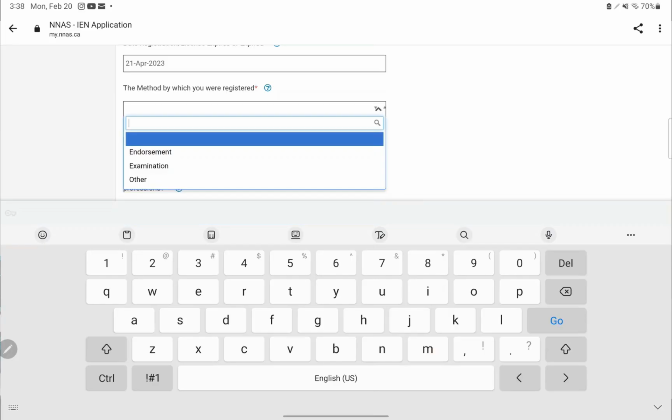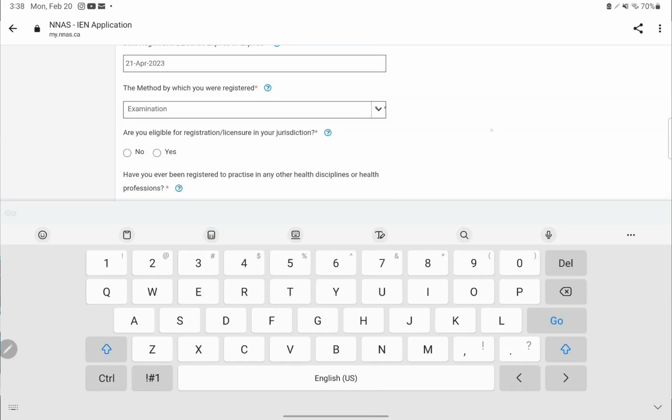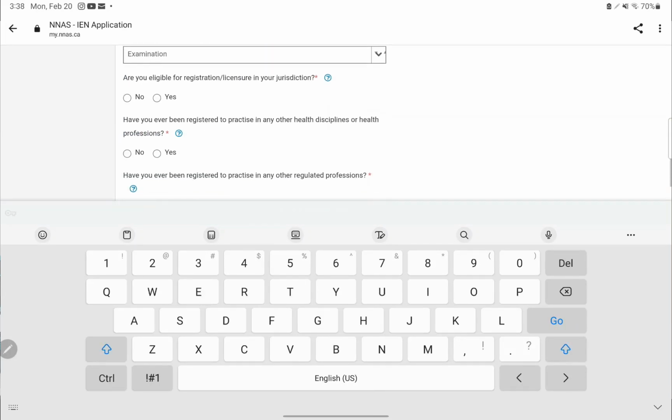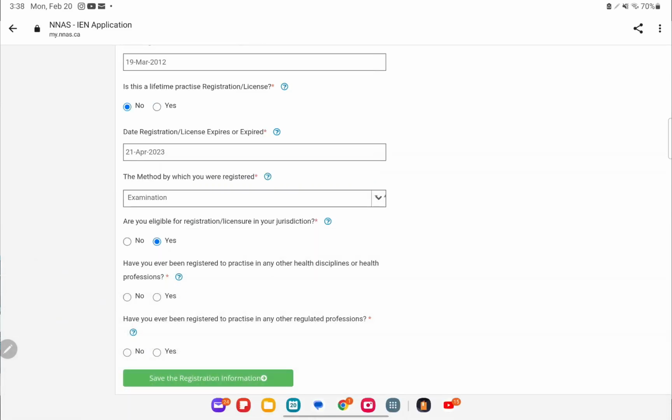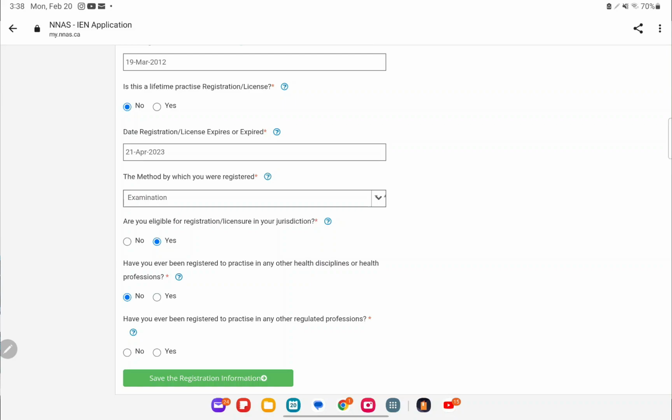It asks if you are eligible to be licensed. It asks about the method by which you are registered. Before you can register as a nurse in Nigeria, you have to pass the nursing council examination. And then the next question is asking about your eligibility to practice as a nurse in your country. In Nigeria now,